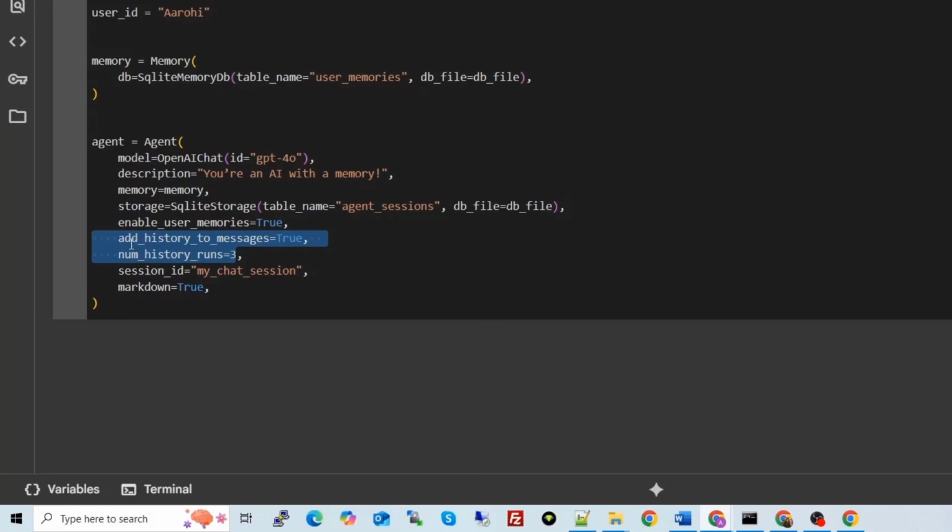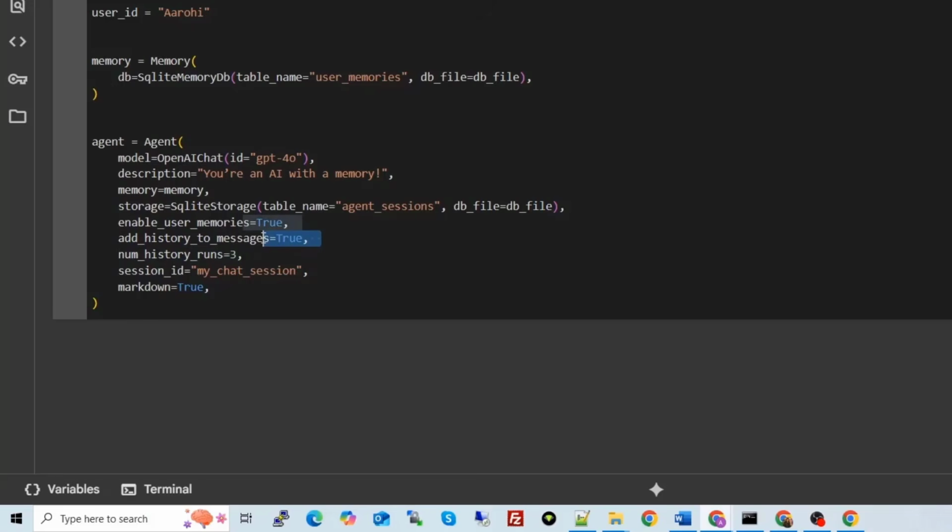What do these two lines mean? Add history to messages true means that every time, the context to the agent will be the last 3 messages of the user. Why last 3? Min number of history runs is 3, meaning 3 messages.